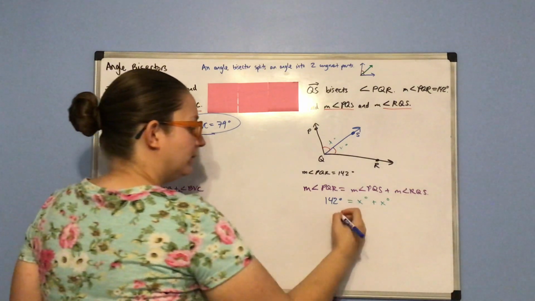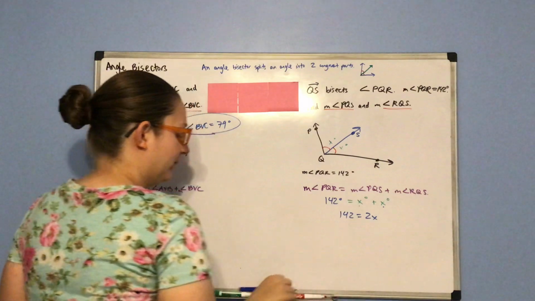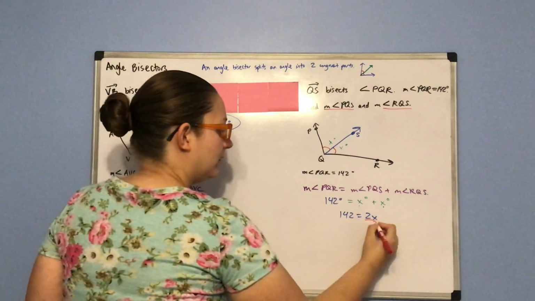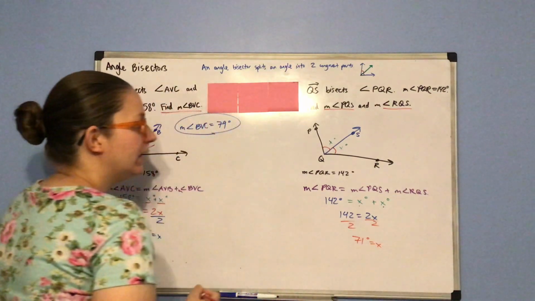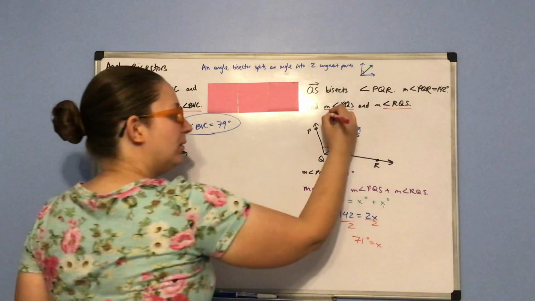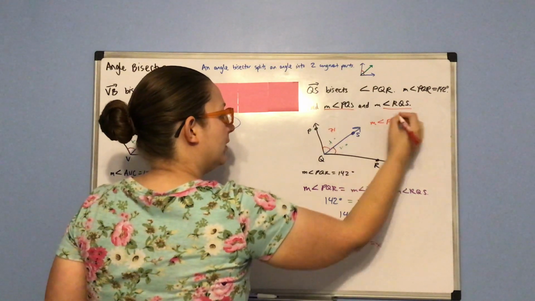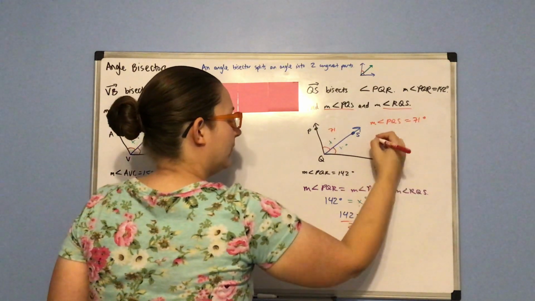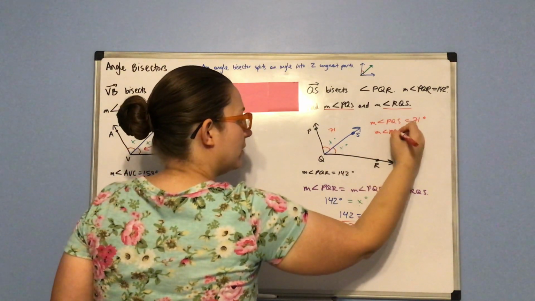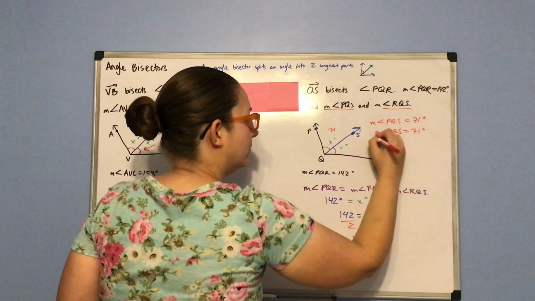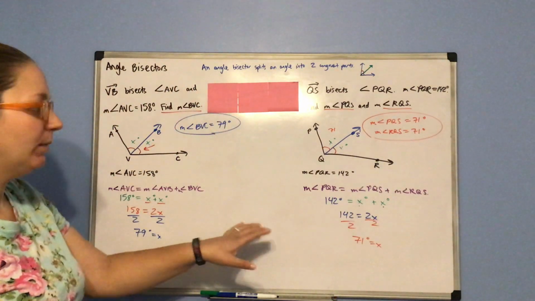Solving that equation, X plus X gives me 2X, and then divide. I get that X equals 71 degrees. So to answer the question they're asking for, the measure of angle PQS is 71 degrees, and the measure of angle RQS is also 71 degrees. So sometimes, depending on the problem, they might ask you for